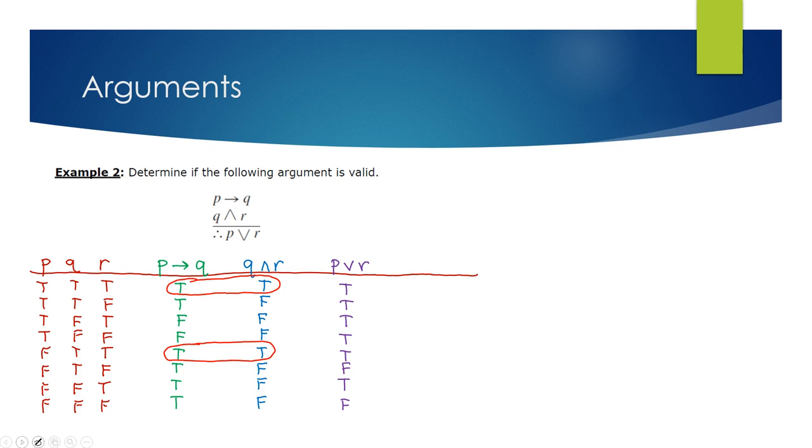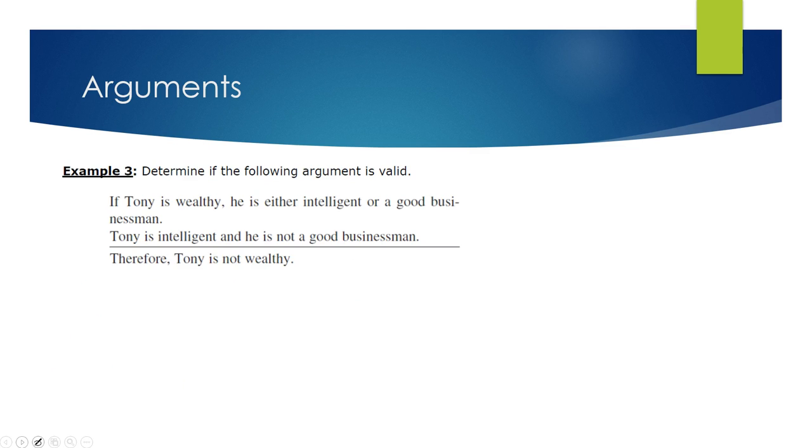When I look at both of these statements, the conclusion is also true, the P or R. So based off of that being the case, the argument is indeed valid. For the last one,